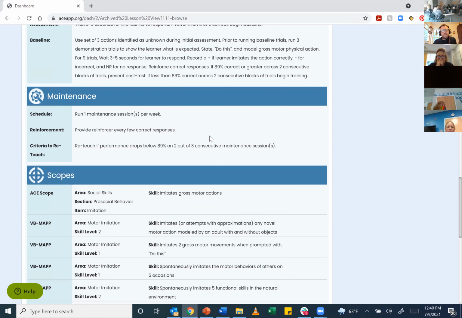Below the assessment section, you have a maintenance section with information for how often you should run maintenance sessions. Okay, check in on those mastered targets to make sure the student's maintaining the skill with those targets. What to do for reinforcement, maybe in those maintenance sessions, you want to thin the schedule of reinforcement. And then finally, criteria for reteaching. Okay, if the student starts to make lots of errors in these maintenance sessions, you might need to reteach some